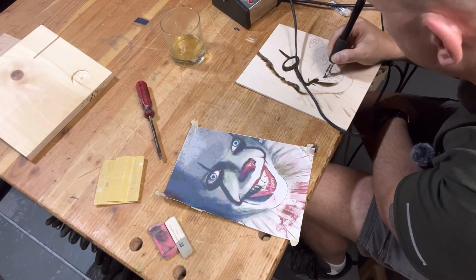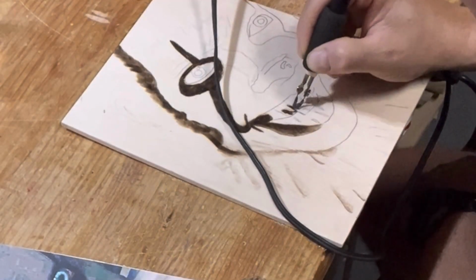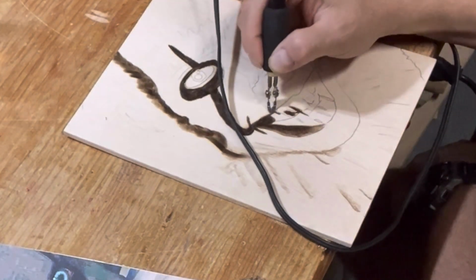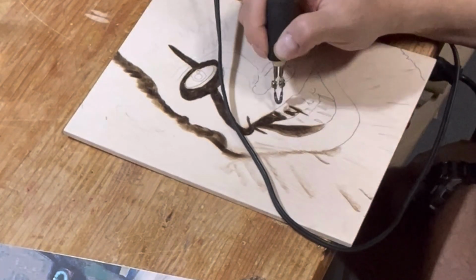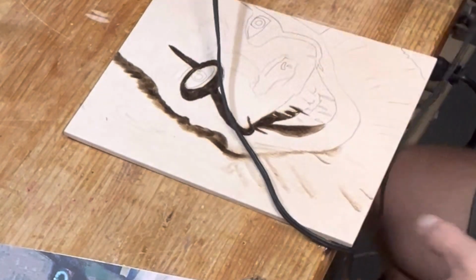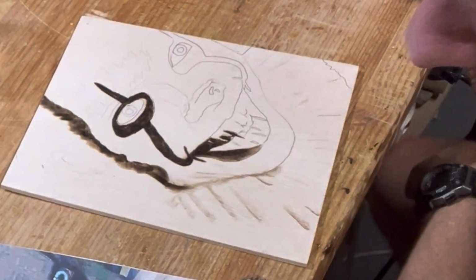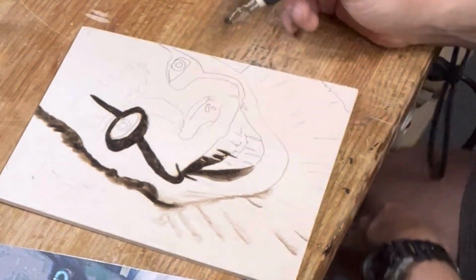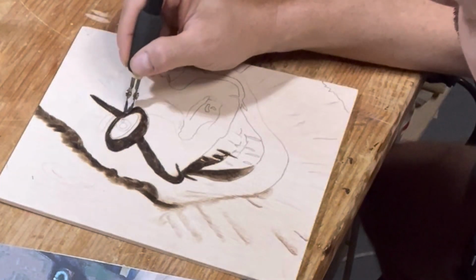Dark areas in the mouth here, I'm going to go ahead and get some of those knocked out. Now there's some shading on these teeth and stuff like that. We're going to want to do that at lower heat. Another dark spot we have is around this eye, but it's not quite as dark. So what I'm going to do,